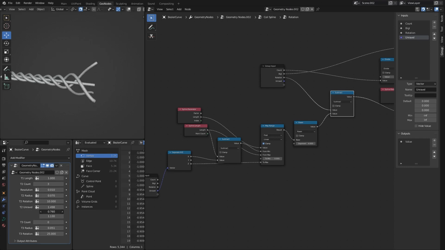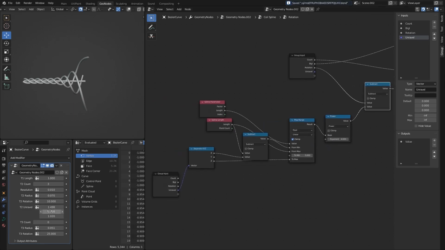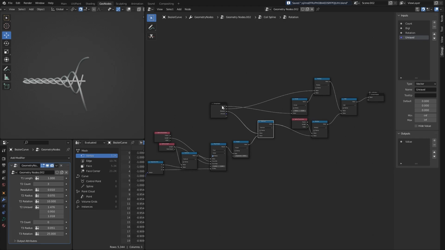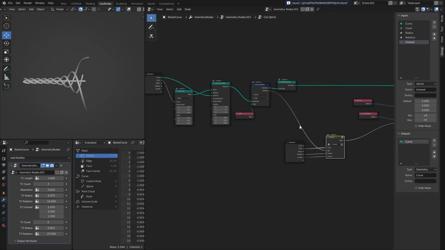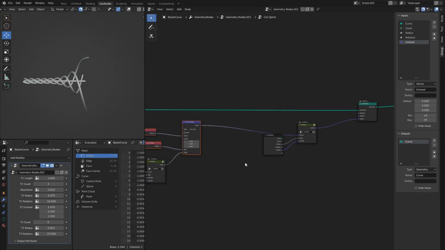If I also add the push to this, we can now see, yeah, so now we can unravel and it just looks better. You can of course play with this exponent to get a slightly different result, slightly more smooth unravel I suppose, but this is pretty much going to be it for now. And of course if we change the length we can see the whole thing in action. Alright, so this is done. We got the unravel, we got the curve itself. Next let's talk about a little bit of